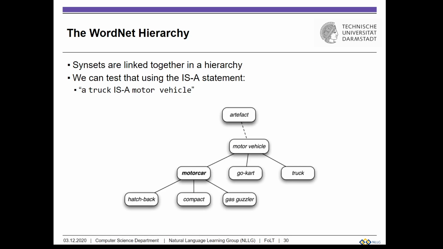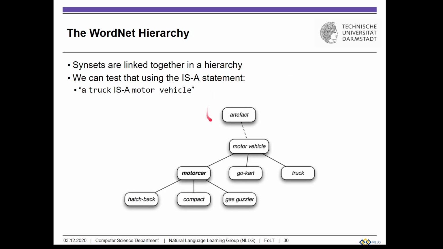Now, a property that I've already alluded to when I introduced WordNet is that WordNet encodes relationships between linguistic objects. On the one hand, we have this synonymy relationship that holds between the words within any synset. On the other hand, we also have hierarchical relationships of containment between synsets, not between all synsets, but between selected synsets. We have an is-a relationship as illustrated in this graph here.